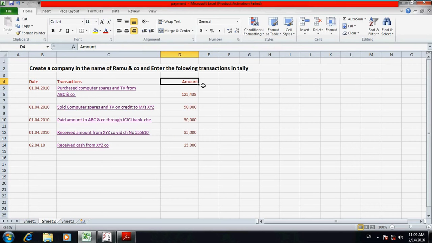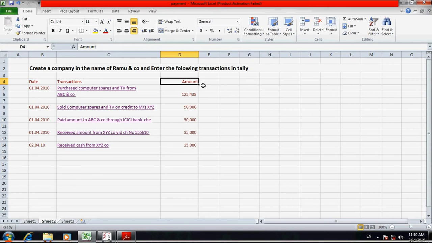In a trading company, first you have to create a company, then create ledgers, stock items and item names. Thereafter, you have to enter in the prescribed voucher formats like purchase voucher, sales voucher, payment voucher. This is the purchase, this is the sale, this is the payment, and this is the receipt. Like that, you have to enter. In this chapter, almost 80% of the syllabus will be covered in these five transactions.